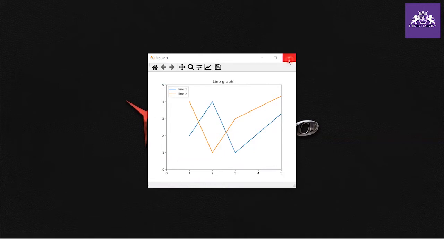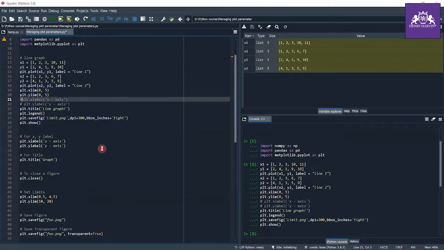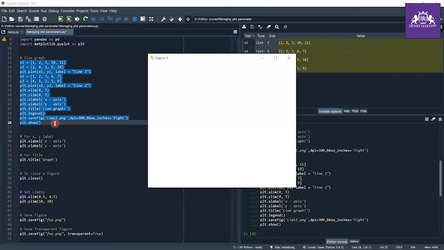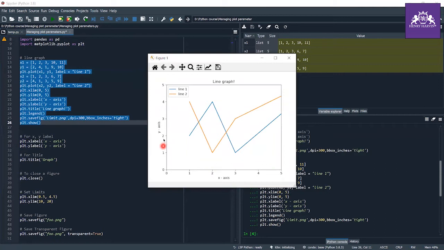To insert them in our graph, we just have to write plt.xlabel and plt.ylabel, and there we write the label for the x-axis and the label for the y-axis. When I write this and show our graph, as you can see, I have my y-axis label and x-axis label.